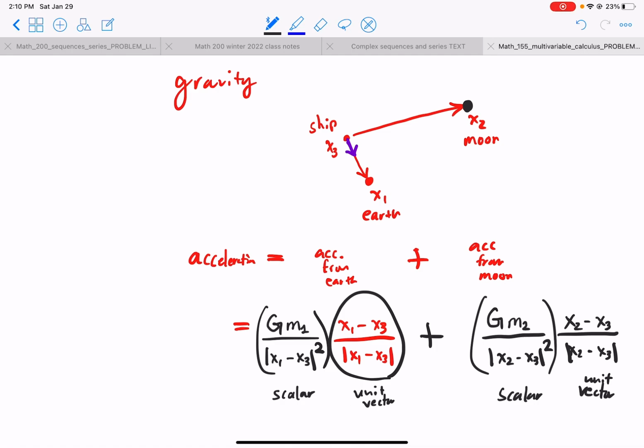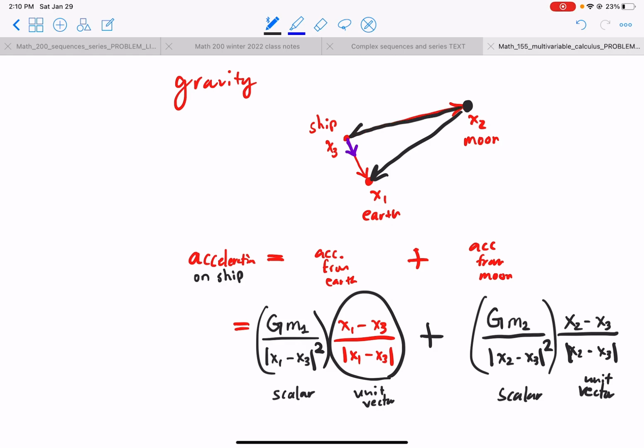And what do you know, we have a linear combination of vectors. That is the acceleration on the ship in total. Okay? Now, the problem is, at every moment, the moon is also being pulled towards the Earth, and actually the